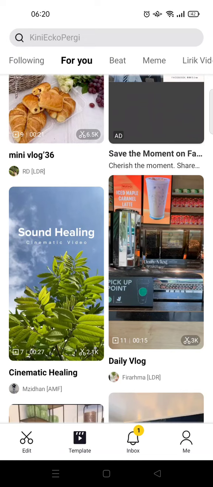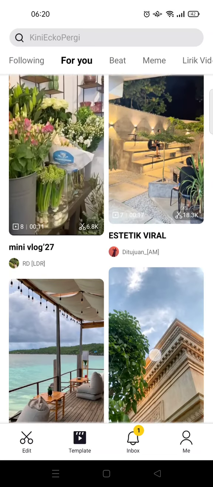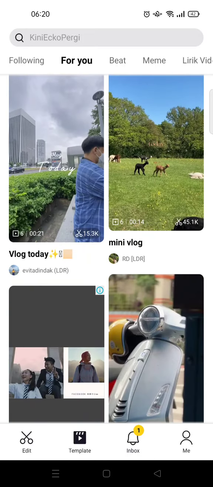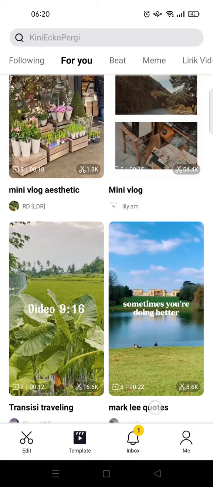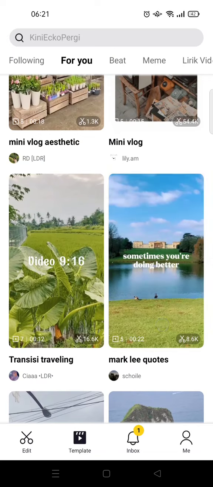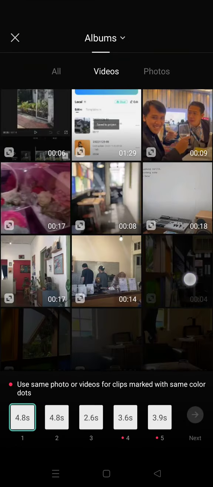On today's video, I'm gonna show you how you can share CapCut edited videos to TikTok. So in this case, I'm using a template from CapCut and I want to share it to my TikTok. For example, I want to add. Okay, so this one's right here, and then I'm going to just click on use template and find the video